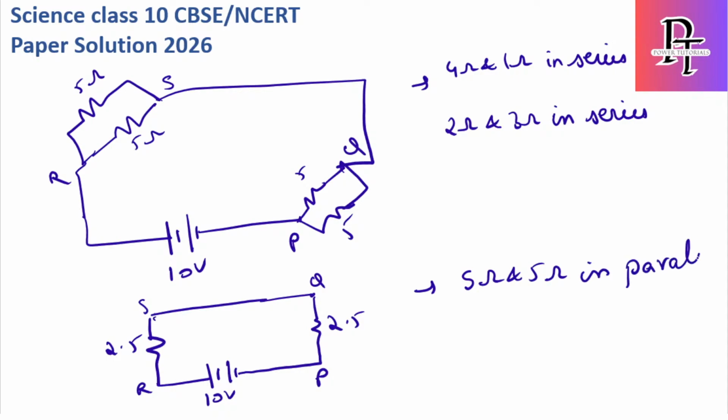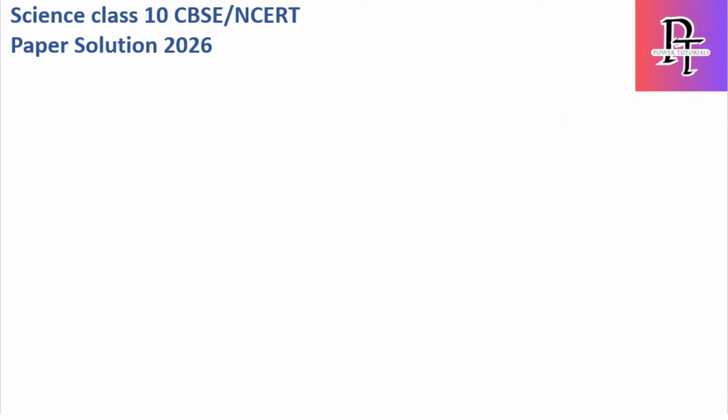If they are in parallel, then 1 by R equivalent is equal to 1 by 5 plus 1 by 5, which is equal to 2 by 5. So R is equal to 2.5 ohms. Okay, now at the next step, these two are in series. So the total resistance,